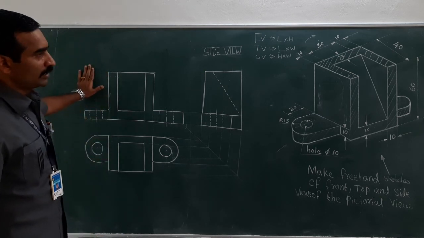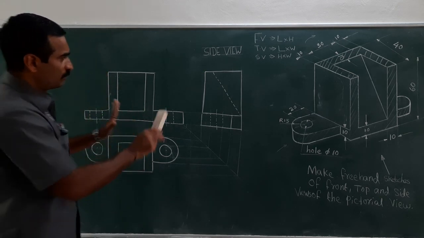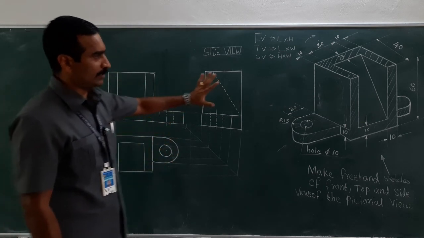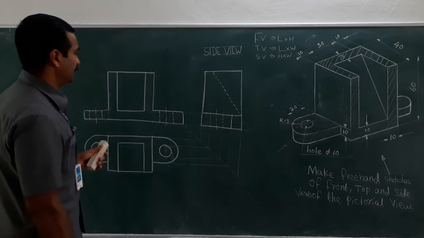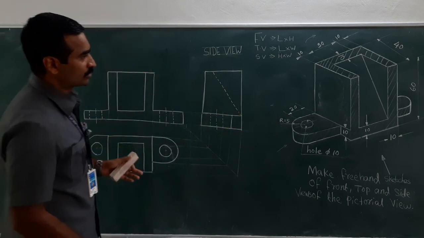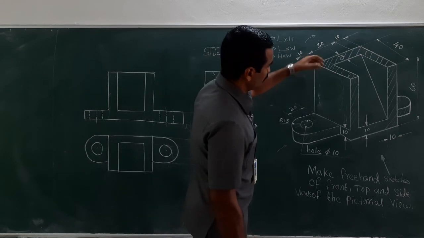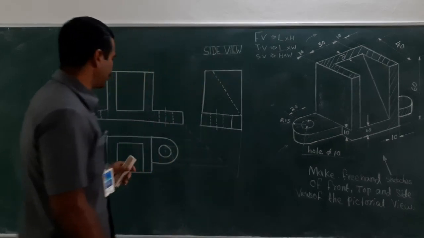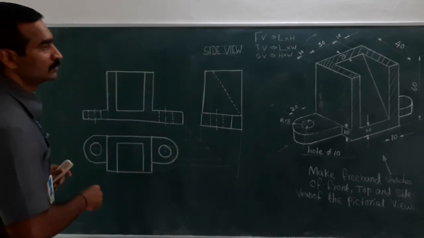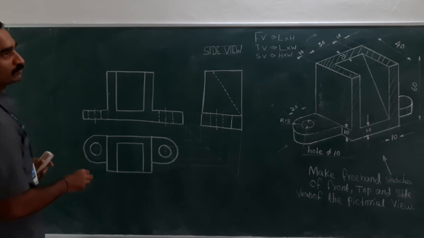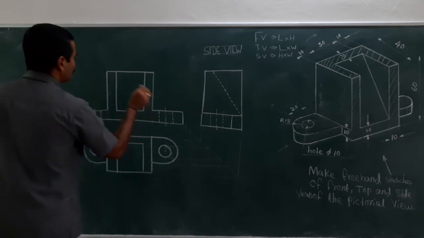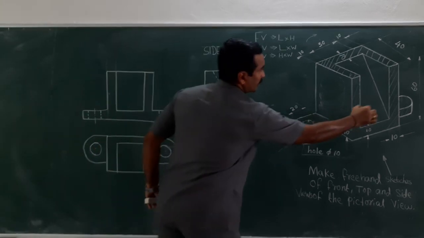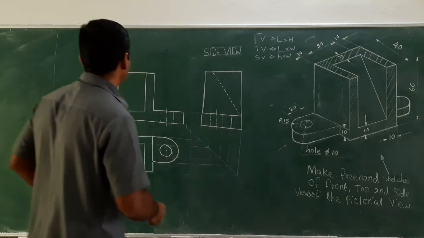Fine. Now, I am on the verge of completion of this particular drawing, right? I have completed this. Now I need to finish up the dimensioning here, right? It starts with the dimensions. When I look from here, this thickness needs to be mentioned here, right? So the total length of this particular object could be 120, right? Let me give this information here. So this thickness and the gap in the front view itself.